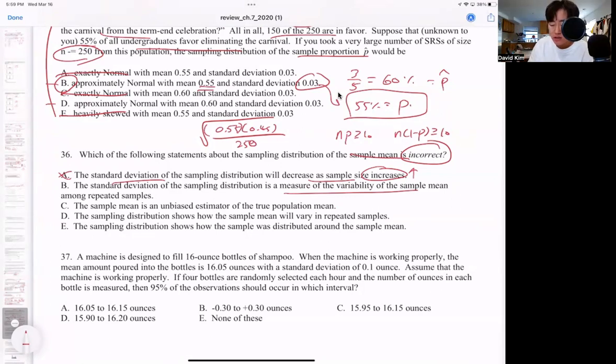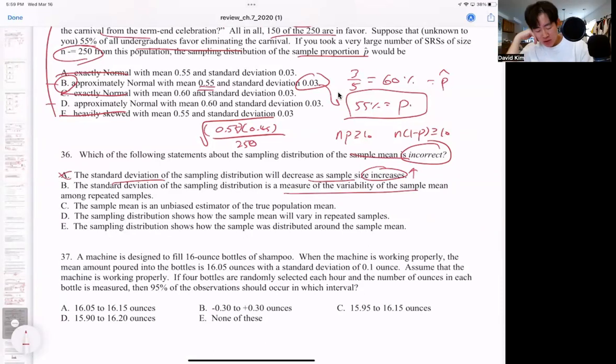Every sample will give its own respective sample mean, and they're all going to vary. They're all going to be different. But if you say the sampling distribution shows how the sample was distributed around the sample mean,